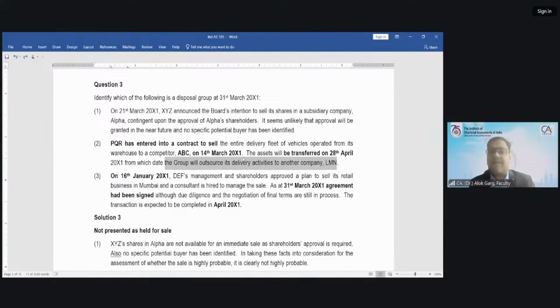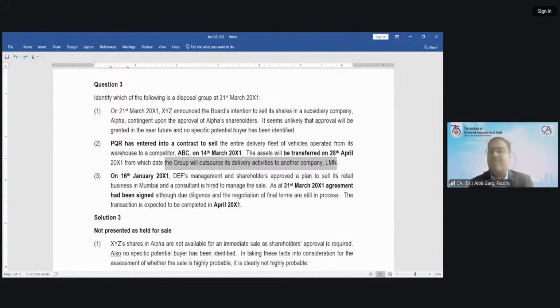Whether the asset is marketed at a reasonable price. Saminathan, the price has already been locked. Yes, sir. The contract is done, right? Yes, so the contract is there. It means the price is agreed by the buyer also. Fourth condition, whether this transaction will be actualized as a complete sale within 1 year. Yes, within 1 year, within the next month, within 45 days, right?